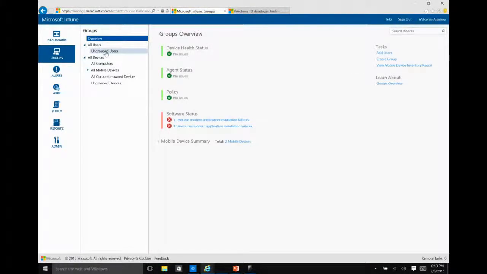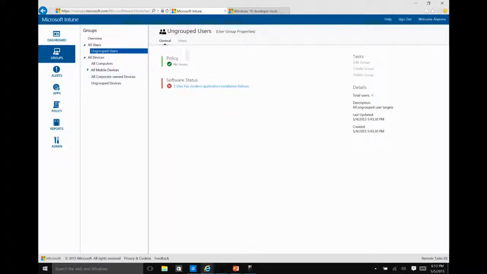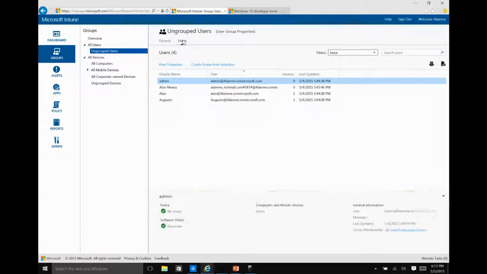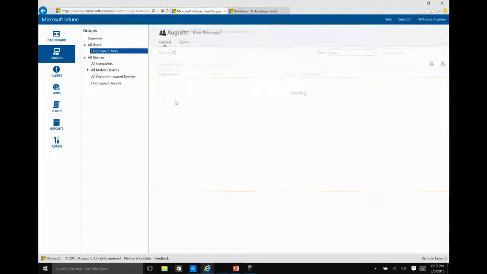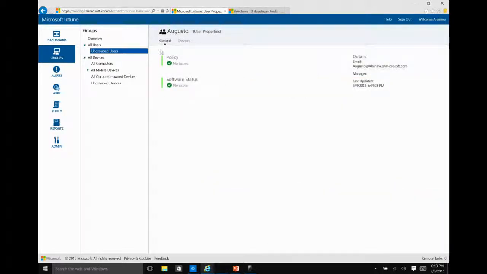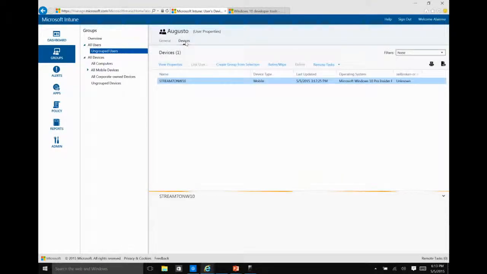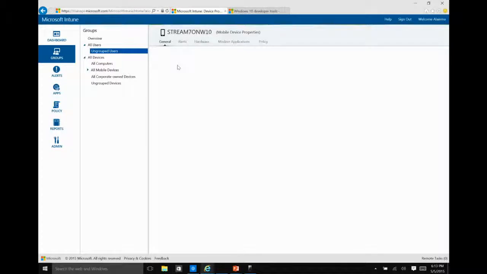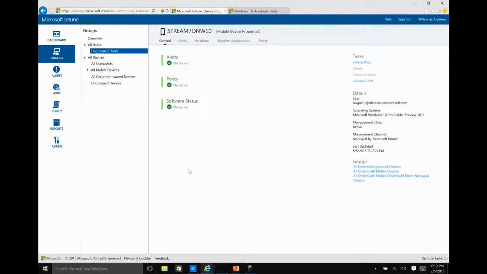Right, I have all the users, and here they are. So the same Augusto is here, of course. I see when he logged in, what devices he has. Right, the properties of that device. So these things are clearly linked together, right?